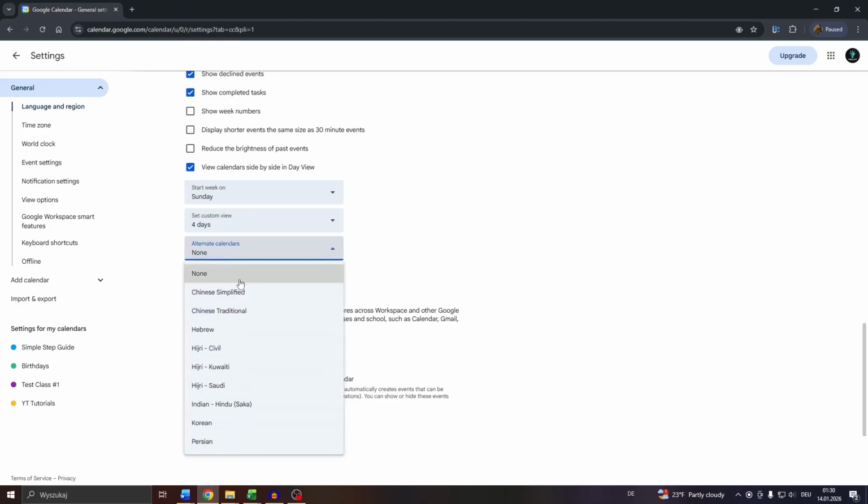but you may go with a Chinese traditional or a Hebrew, Hijri, Saudi Arabian, Indian, Hindu, Korean, Persian, and so on and so forth. So let me go with the traditional Chinese one,